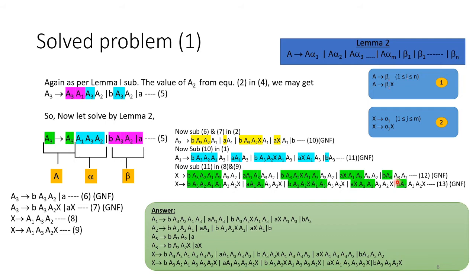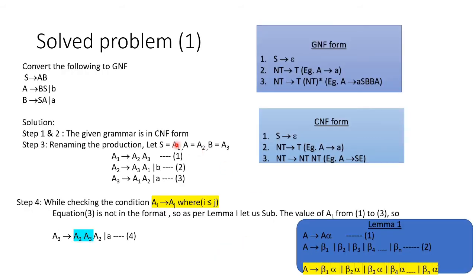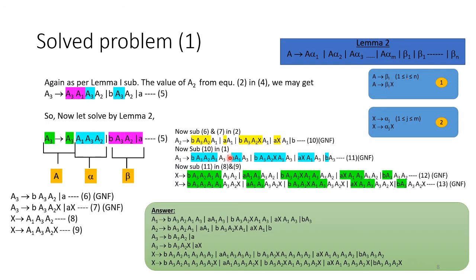Now the students used to do all this stuff and forget to write the answers. So take down all the solution into a box and write, this is my A1 grammar, this is my A2 grammar, A3 and X grammar. If you want to give a refined answer, you can resubstitute the values of A1, A2, A3 as S, A and B and write the answer, but that is not that necessary. So this is enough. From here we can easily convert that into a PDA. I hope you understand this.